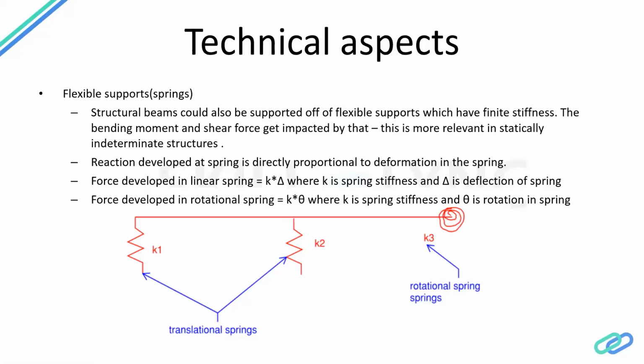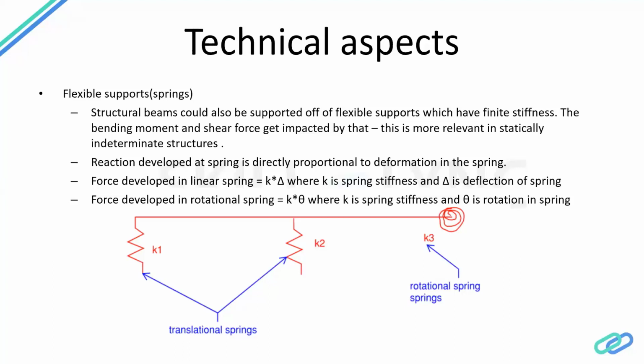The other example of this would be, say, a grade beam which is spanning from one foundation to the other and then to the other. If it's a continuous beam, for example, and any support settles, we know that actually changes the bending moment and shear force diagram of the beam itself. So it's really important for some structures to understand the different implications of considering a support settlement or a flexible support versus a pinned support.